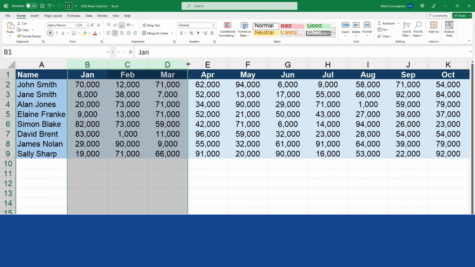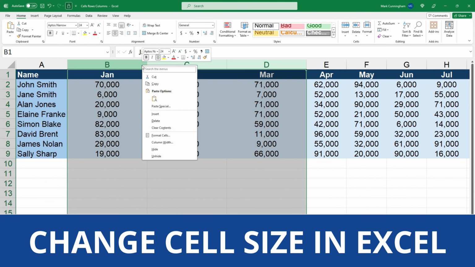In this video, we're going to take a look at how to change the size of a cell or multiple